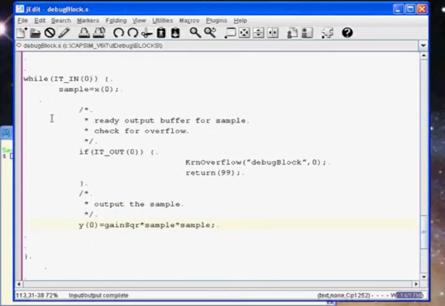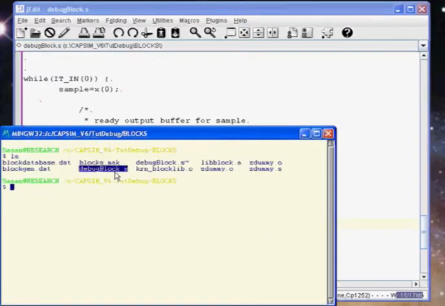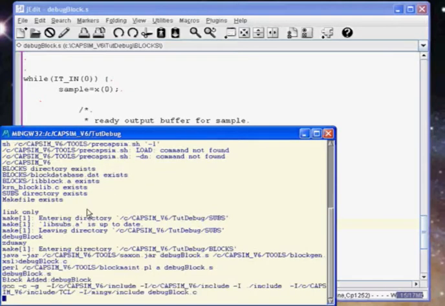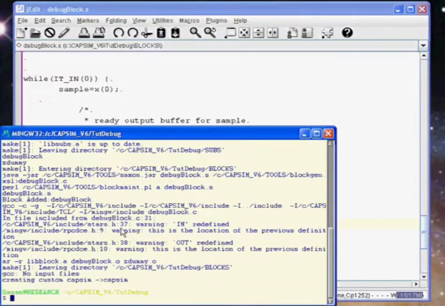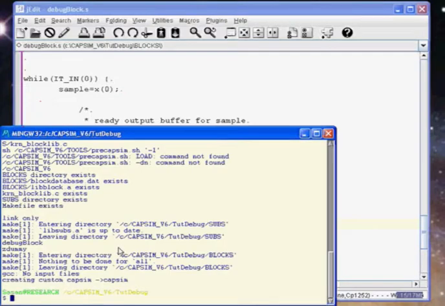All we have to do now is save this, and we're in the blocks directory. If we do a list, we see the debug block. We just changed it. We cd back to our top level, which was debug, and all you need to do is type make. Now notice that we're actually compiling debug block.c over here using GCC, and we don't have any errors, just typical warnings. Now because this block was just added, we have to type make again. So if you add new blocks, you type make twice, but if you just update blocks, you only type it once. Let's go ahead and run Capsim,